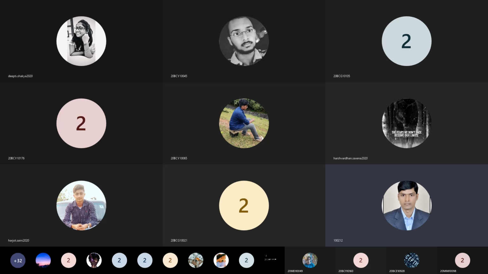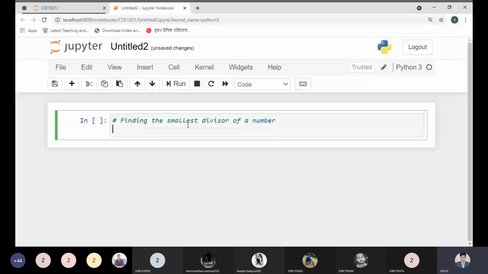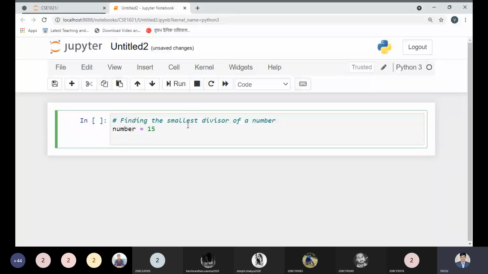So my dear students, the next exercise is finding the smallest divisor of a number. See, for example, if I'm putting the number 15. So this 15 can be divided by the